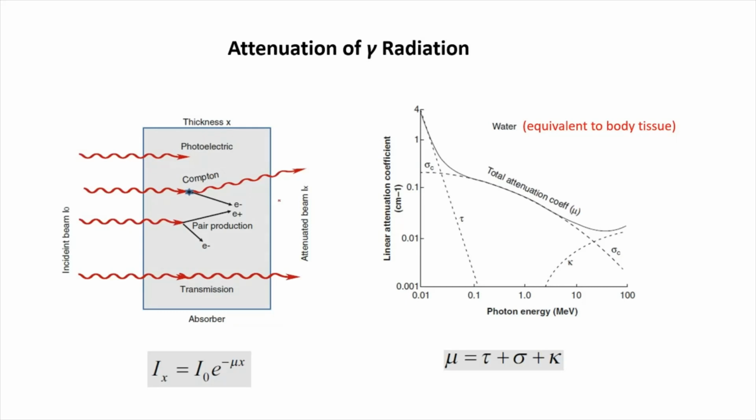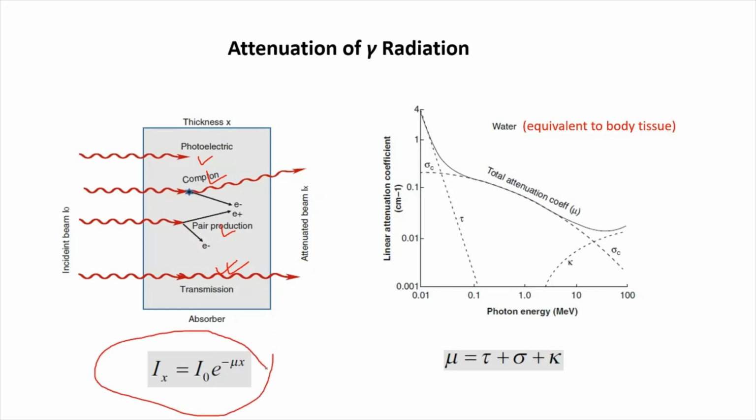The next is about attenuation of gamma radiation. So as we know, when a beam of gamma ray photons passes through an absorber, it undergoes a series of interactions. It can be a photoelectric interaction, a Compton interaction, a pair production, or the incident beam can leave the absorber without having an interaction. That is, simply it will be transmitted. Fine. And because of all these interactions, the photon beam is attenuated in the absorber and exits from the absorber with reduced intensity.